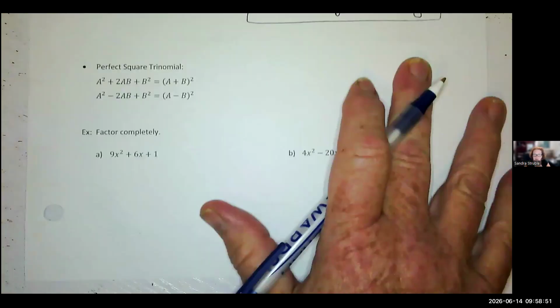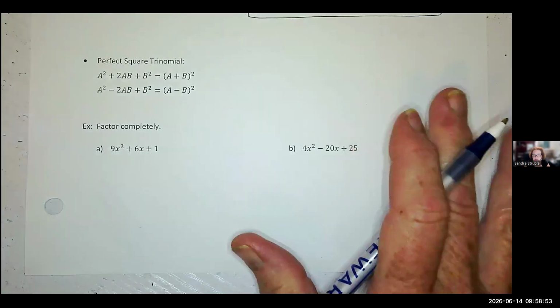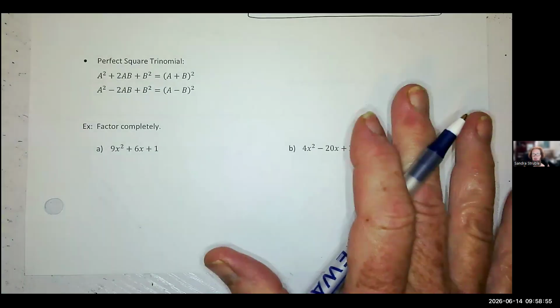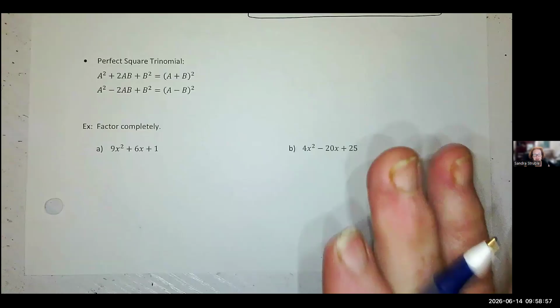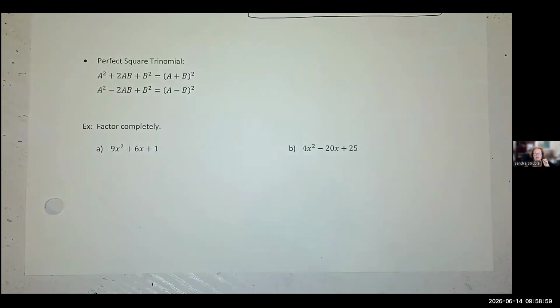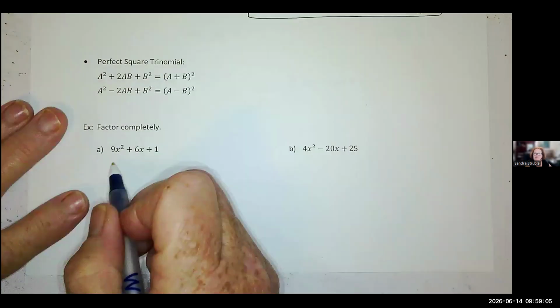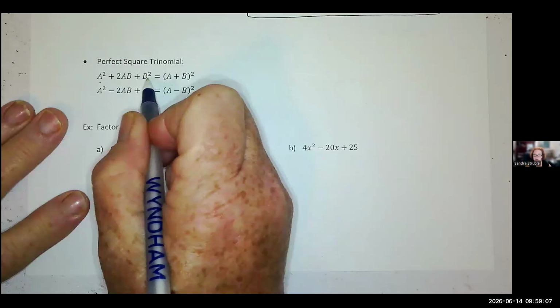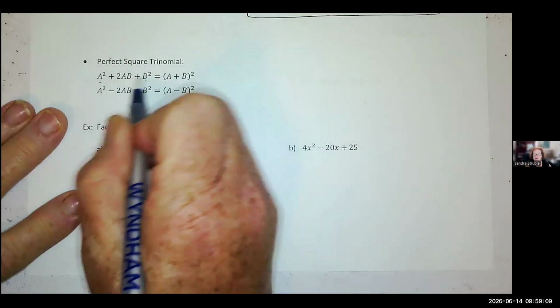All right, the next one is perfect square trinomials. This one's a little bit tougher to actually see, especially if you don't know your multiplication skills, because you don't necessarily know unless you can say, okay, is this a perfect square? Is this a perfect square? They both have to be perfect squares before you can do this. And I know that you've got,